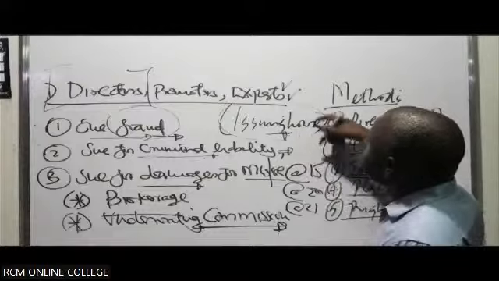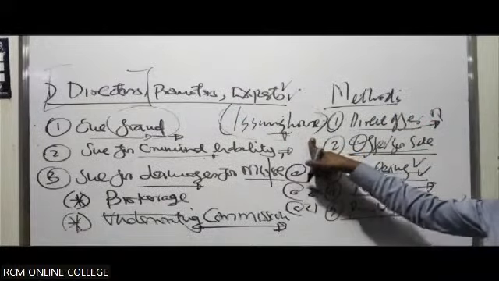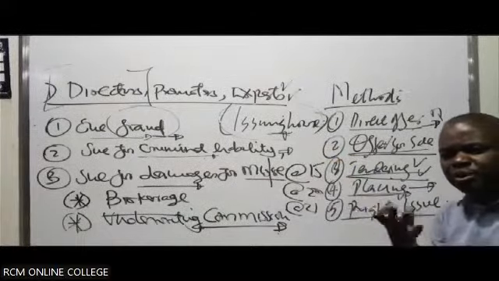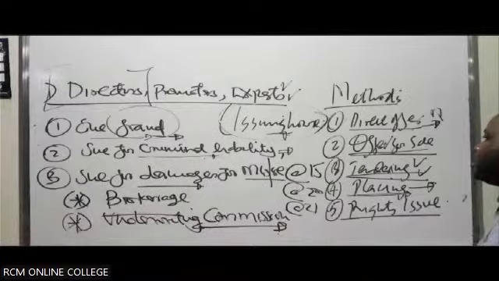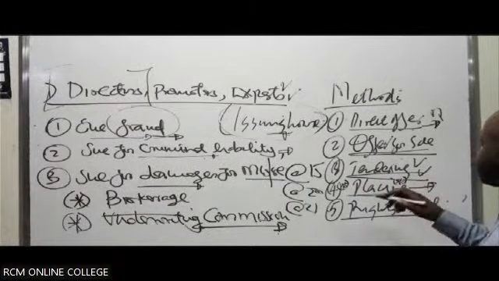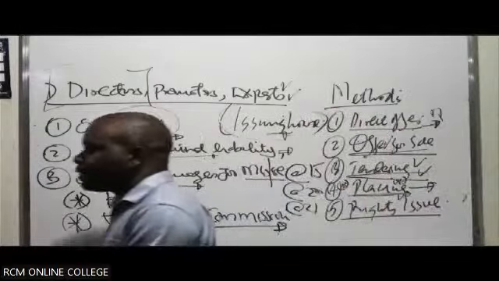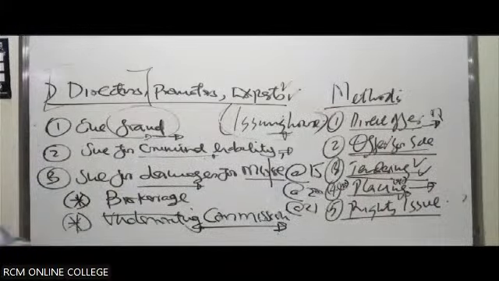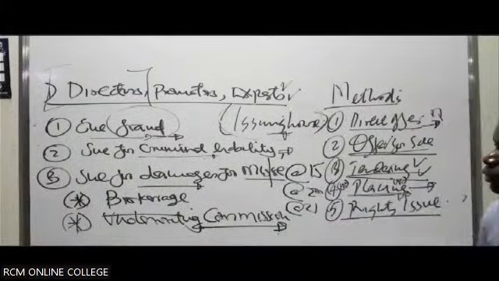The issuing house identifies investors within the economy who can buy the shares in huge blocks, not in small amounts like individuals who could buy 10,000 or 20,000. That is not what they intend to do. They have already identified key investors. They approach them and place with them, telling them we are selling shares. You just buy them in huge blocks, like 20 million, 30 million, 50 million, 100 million, and we close this chapter. We don't want to spend a lot of time waiting for people to apply.